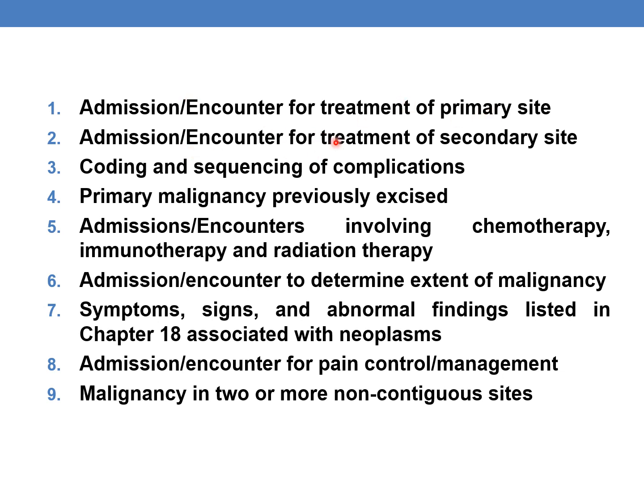The next is admission or encounter for the treatment of secondary site, coding and sequencing of complications, primary malignancy previously excised, admissions or encounters involving chemotherapy, immunotherapy and radiation therapy, admissions and encounters to determine the extent of malignancy, symptoms, signs and abnormal findings listed in Chapter 18 associated with neoplasms, admission and encounter for pain control and management, malignancy in two or more non-contiguous sites,